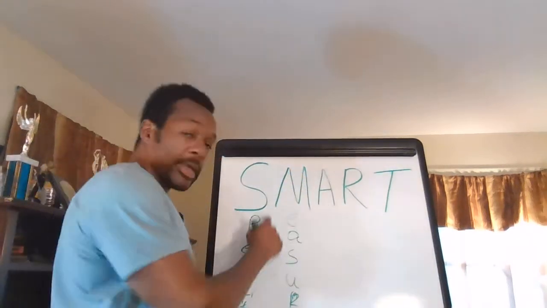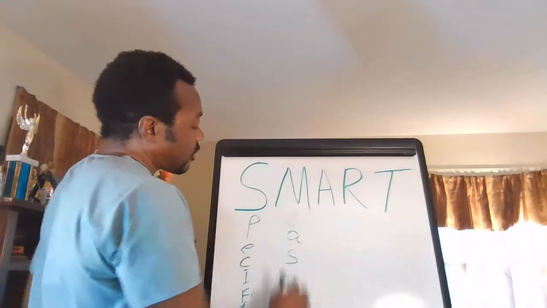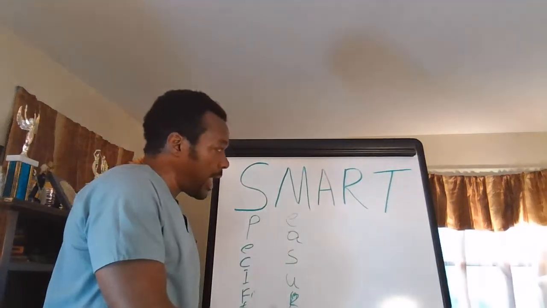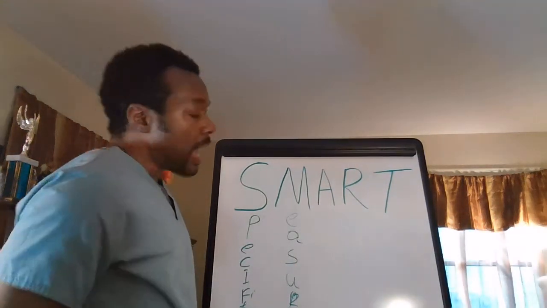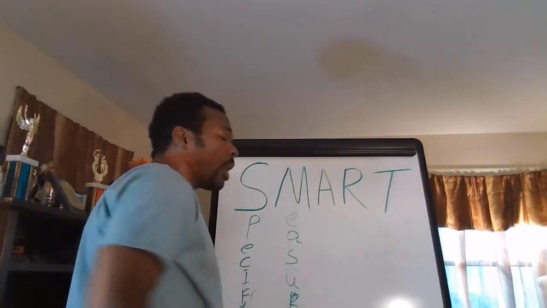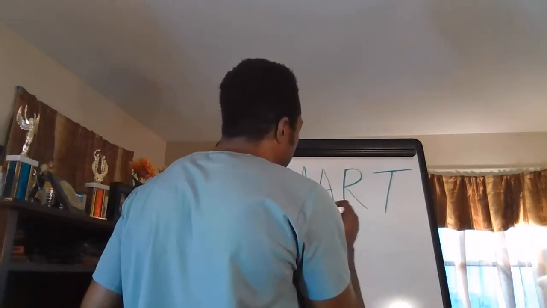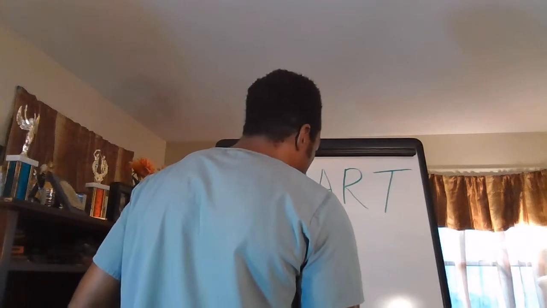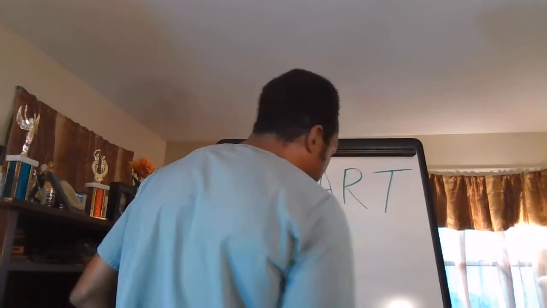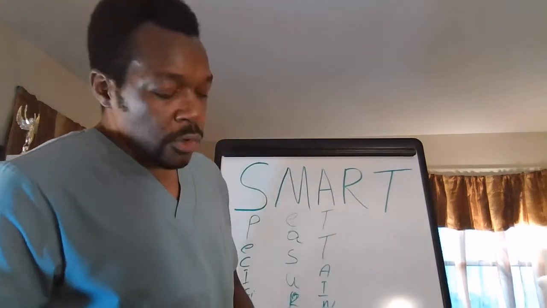All right. So we want it to be specific and we want it to be measurable. We should be able to measure it. And then the A is that we want our goal to be attainable. All right. We want it to be able to be attained. And so attainable means that it can be attained. So for example,